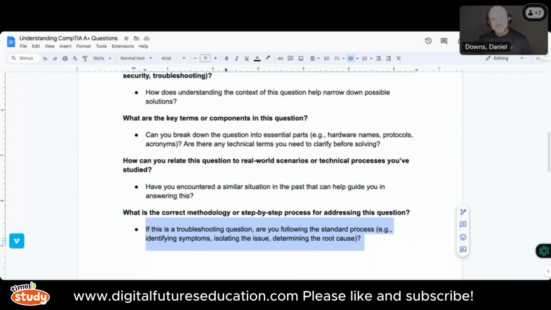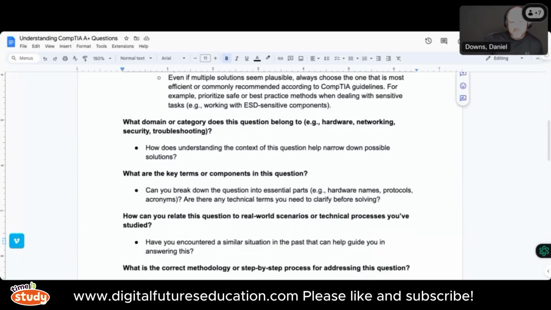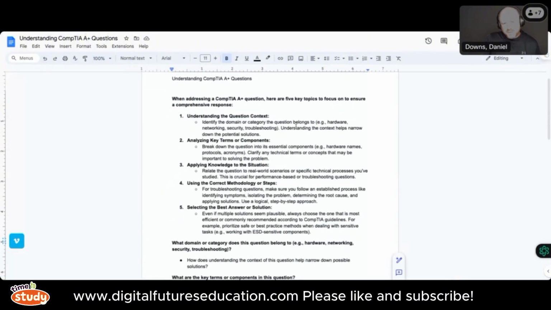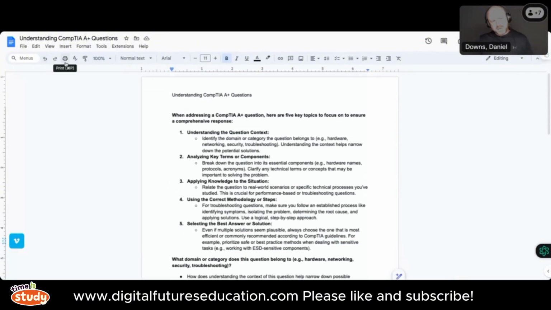So let's do this. Let's do lesson 1 again. We're going to do those questions, but then we might even take some time to go into lesson 1 reading and just show you the resources that you're going to have. And this will be like another little pre-assessment towards our ability to review questions. So I'm going to make this a little bit smaller again, but I'm going to keep it open for myself. I would definitely recommend you try to keep the understanding CompTIA A+ questions doc available to yourself